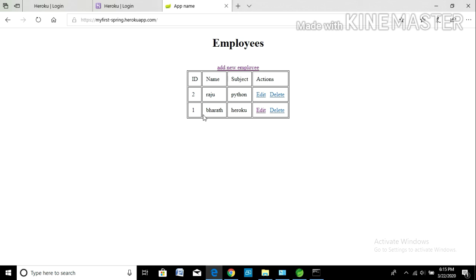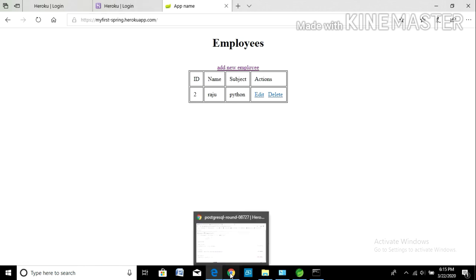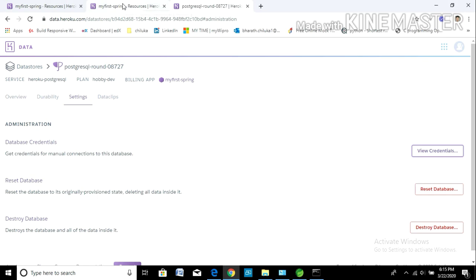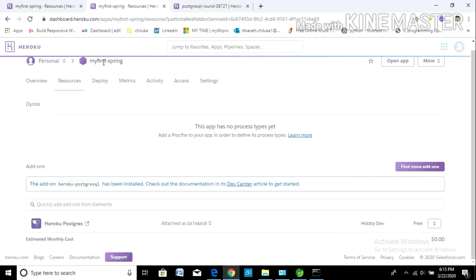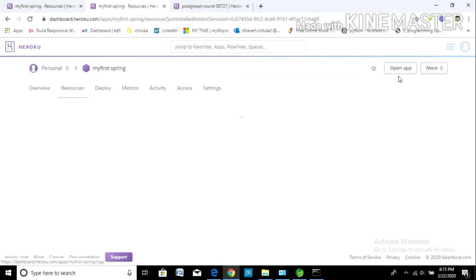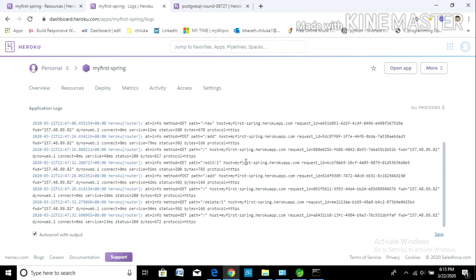Yeah, it's done. Now delete. Yes. And if you want to see the logs of what we have performed, you can see them under the more tab, logs. Here you can see all those logs.